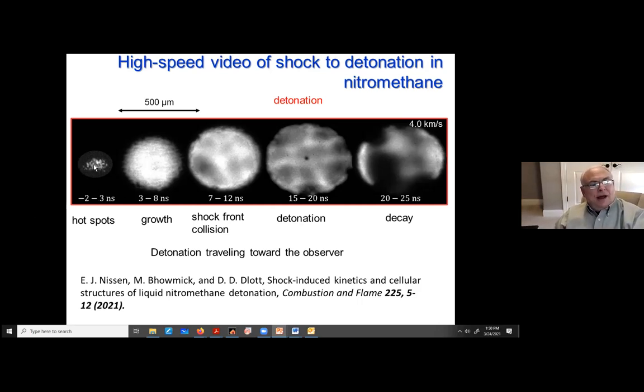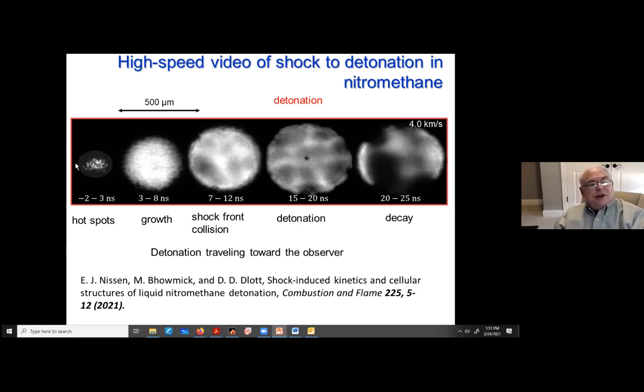At very short time, we see isolated little explosions. You know, these are the hot spots. I don't know why they're there. People go, isn't there dust in your stuff? We filtered it. Are there bubbles? No, it's in a microscope. I can see bubbles. So this is some feature of turbulence, shock turbulence in a reactive medium.